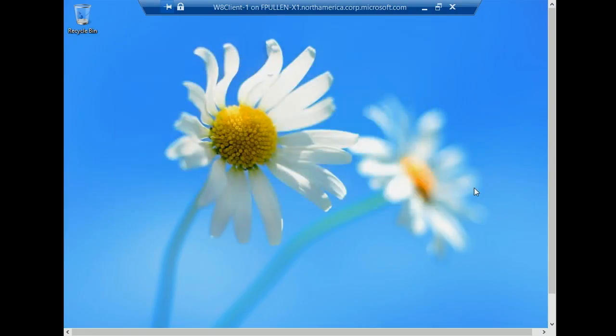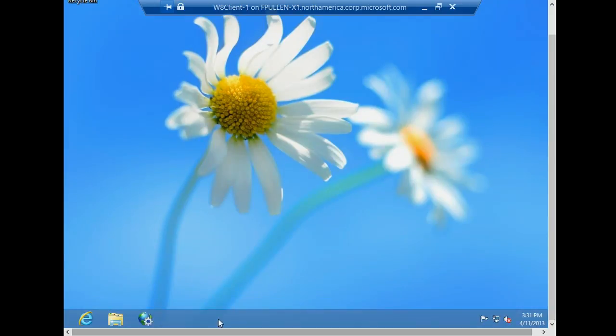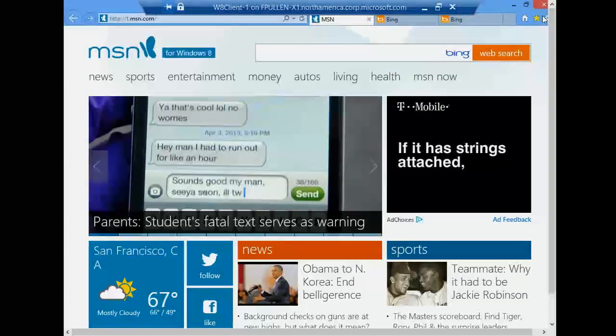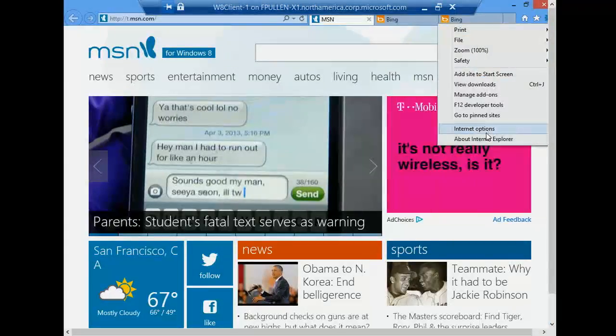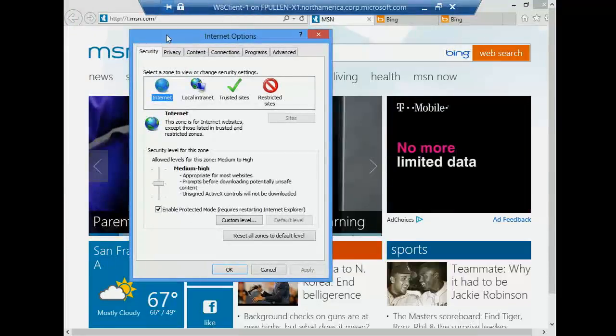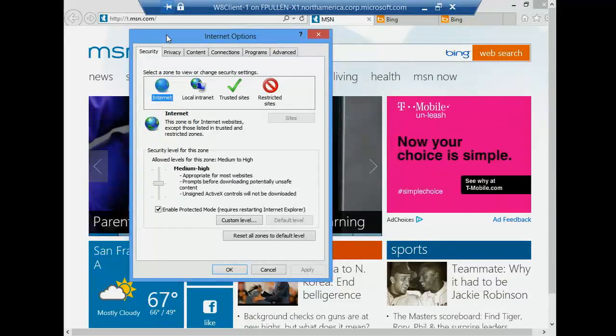And now, I don't think I have to log off, but we'll try it. Internet options, I no longer have a general tab. So it's that simple. You can create a template that includes the policies that you want to enable, and simply apply that to a particular organizational unit,